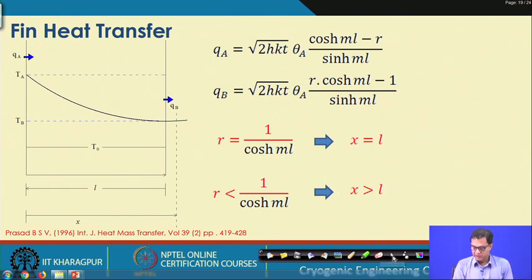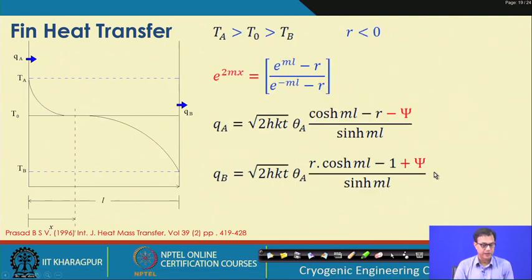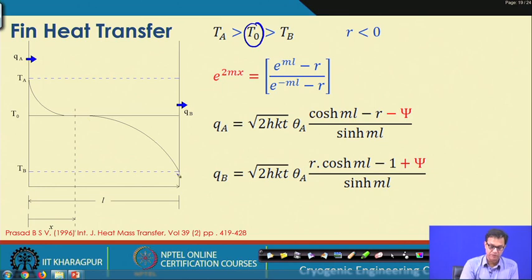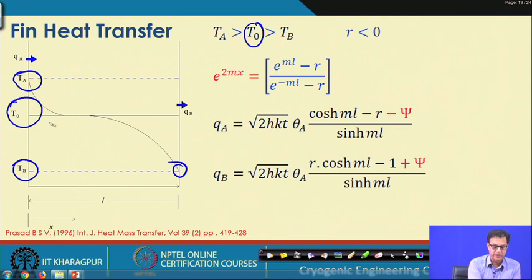Now, there may be another situation that we talked about in the last class, where the temperature of the fluid is intermediate to the plate temperature. So, here this is T A, this plate is at a temperature T B corresponding to this one, and the fluid temperature is intermediate to T A and T B. So, if we have a situation where this T 0 is in the middle of T A and T B, we will find some position where